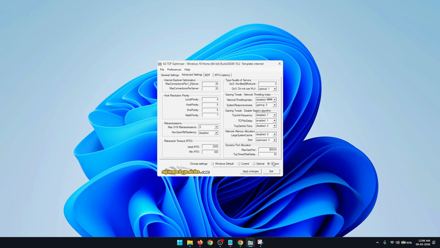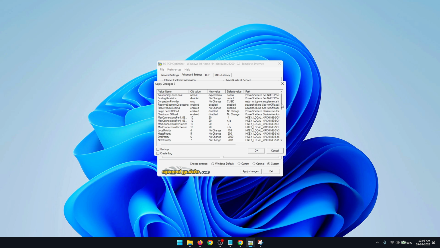Once that is done, click on apply changes. This is going to show you a list of all of the settings that are being changed and also the ones which have no changes. Now on this step, if you'd like to create a backup of your default settings, simply check this backup box